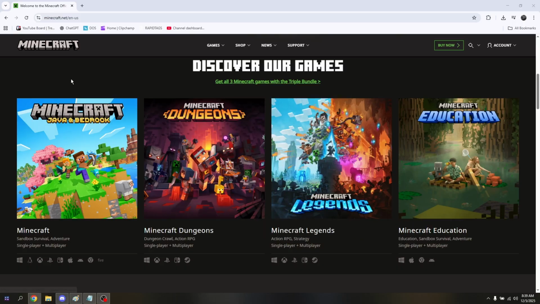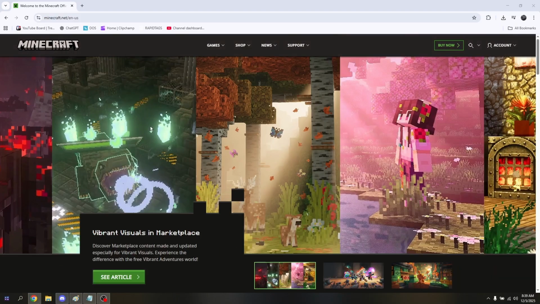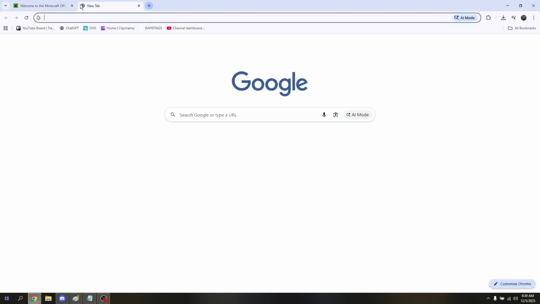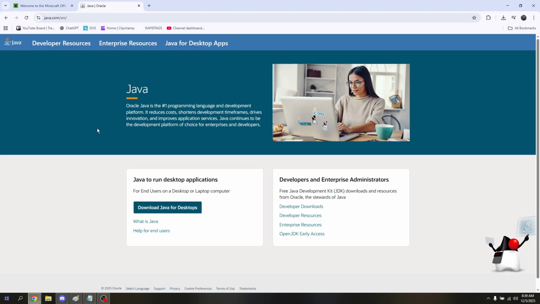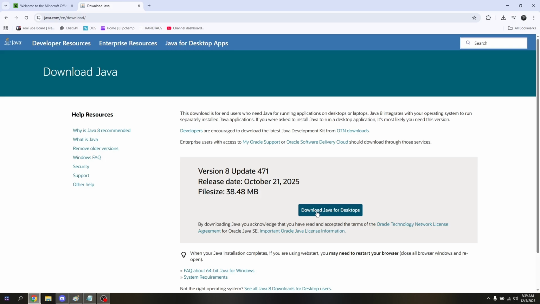If not, you'll have to open up any preferred web browser that you can use on your end, but in this video, I'm going to be using Google Chrome. Now go into Java's official site, which is going to be java.com. And then from here, choose on download Java for desktops. Now click this option here that says download Java for desktops,